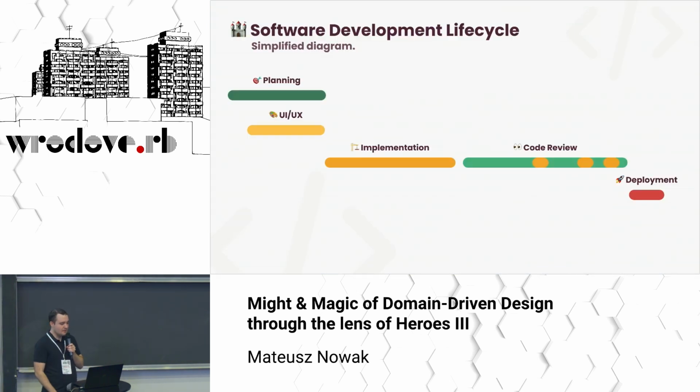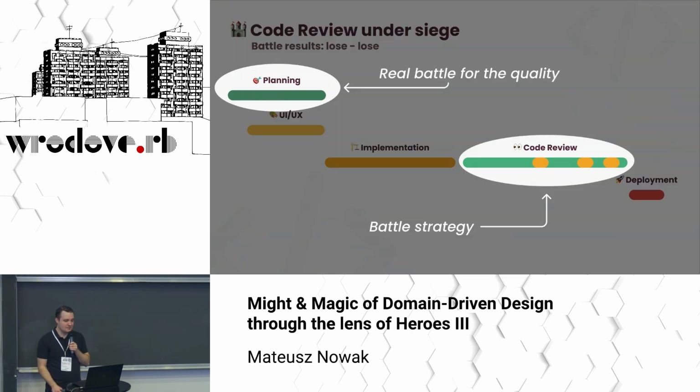And let's see what the software development process looks like. It's a simplified one, but you may treat it as not a waterfall. We may assume that we build it for every task. So we have the planning at the beginning, then in parallel UX and UI designers may start their work, then we do the implementation. After the implementation, there is code review. And please let's notice that the code review must interrupt the implementation, because only then it makes sense. If we add some changes from the comments, we need to interrupt the phase and return to the implementation. And at the end, there is deployment, of course.